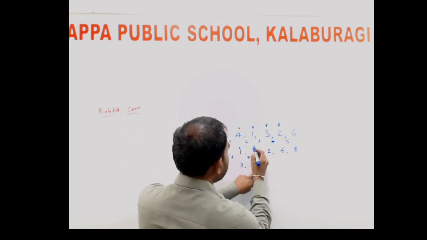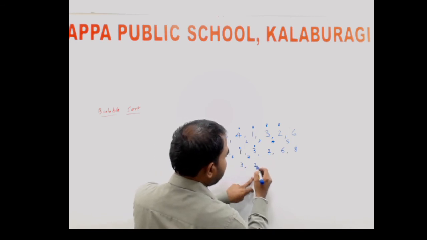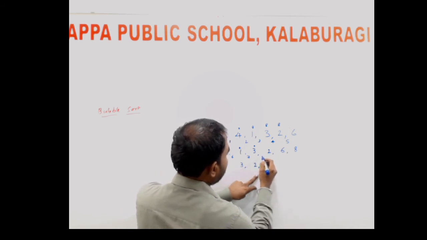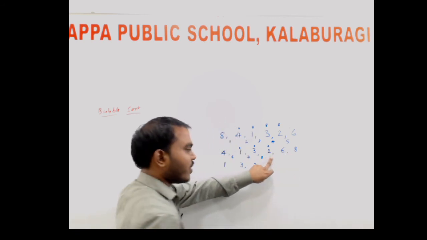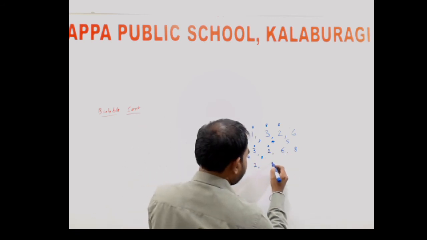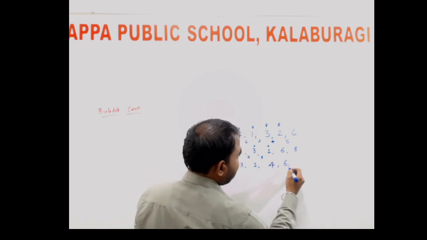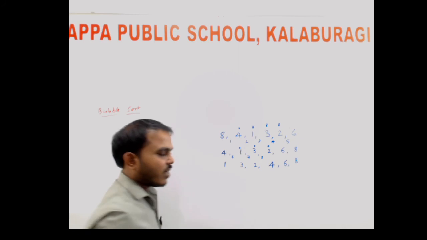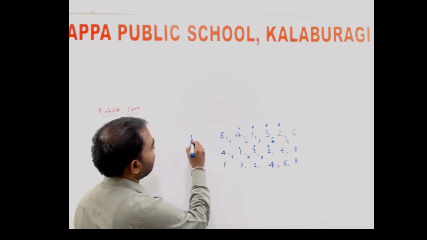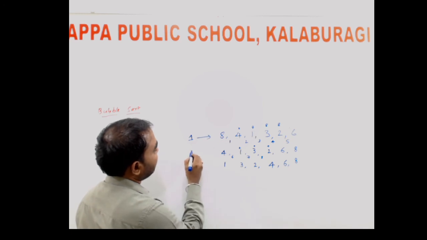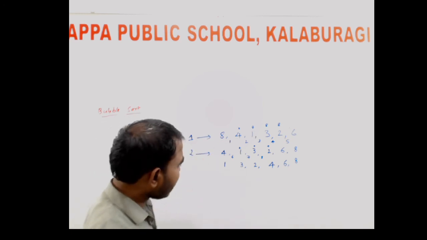Now 4 came here. Again 4 is compared with the 2. So 2 will be replaced, a swap, so 8 times. Now 4 came here. The 4 is less than 6, so I can keep 4 as it is. Next 6 as it is, and then 8 will be as it is, right? So this is my first iteration, and this is my second iteration, right?